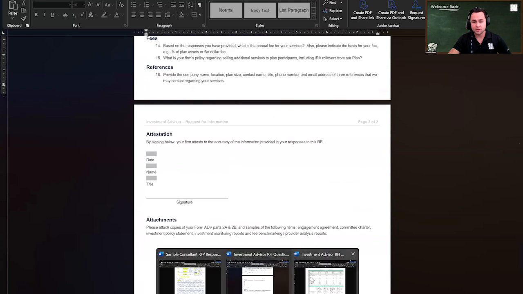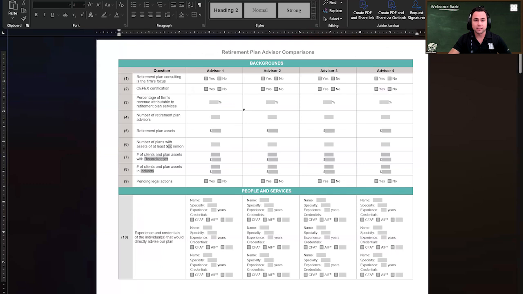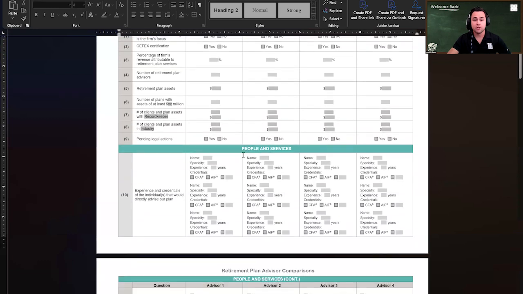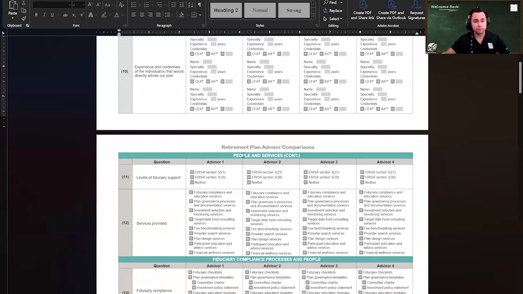And then another resource we have is the grid responses. So if you want to do a very clear breakdown on why you are the better advisor compared to others that are being compared in that RFI, you can have this grid ready to go. Feel free to offer it and use it as a way to display, hey, these are the services I can provide you as a